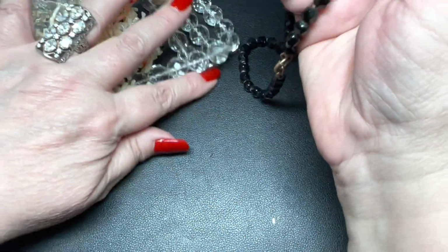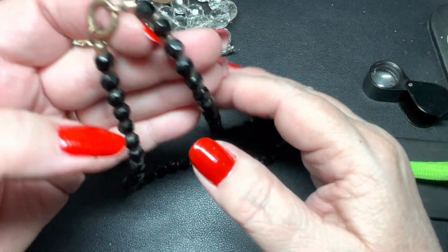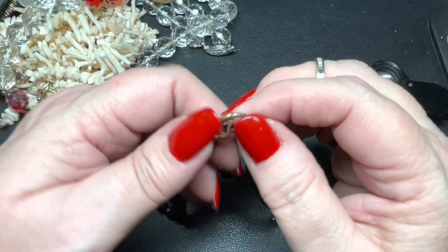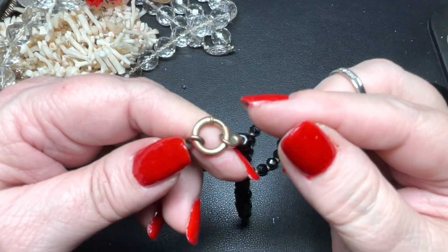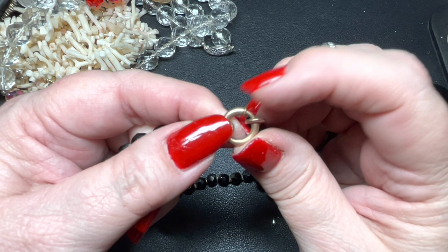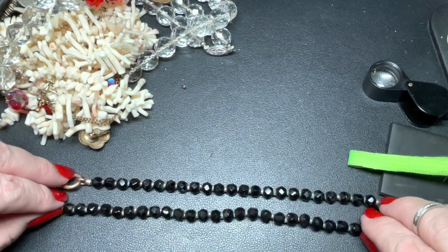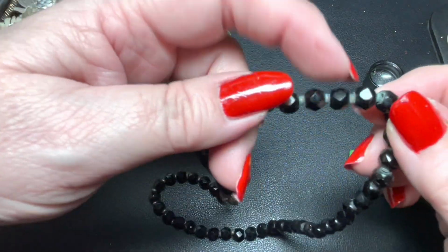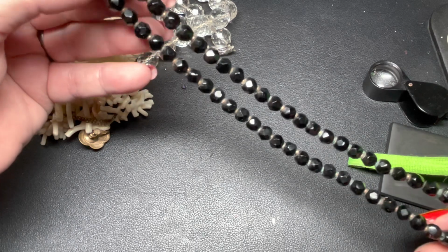Here we have another glass hand faceted necklace. Look at that old clasp. It is a thumbless clasp. It has no little tab on it, and it's just a little tiny piece that you just pull back. So not that little tab that we're used to. This is small. There's a little bit of verdigris on it. This is a size 16. See the verdigris between. So because it needs to be cleaned and has a little verdigris, I'm just going to say, let's do,